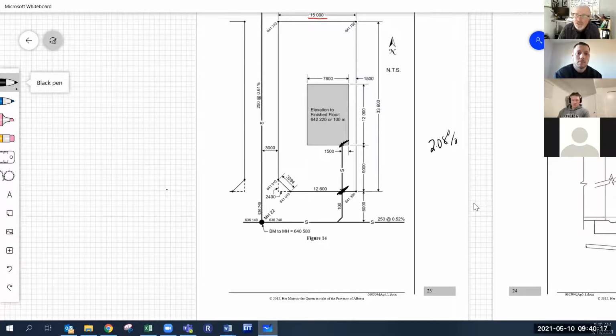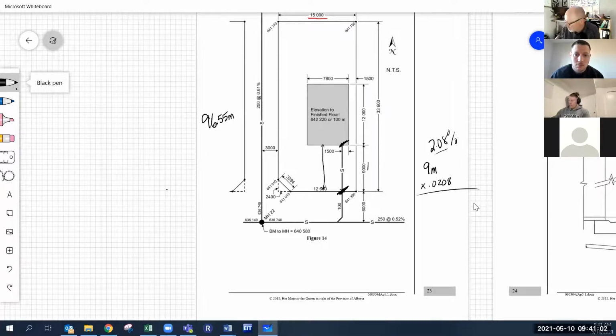And we want to know the architectural invert elevation of the building sewer at the property line. So we know in the previous questions, what is the architectural invert elevation of the building drain under the footing? I believe we came up with 96.55 meters for that. And that's way back at another question. Now we're going to run this pipe this long at this grade. So this is 9 meters, right? So 9 meters is my run. And I'm going to times that by my grade,